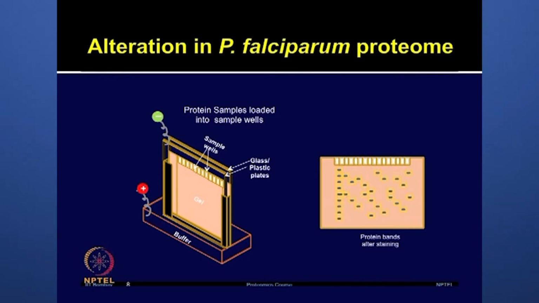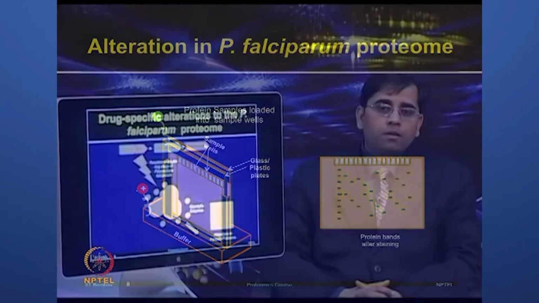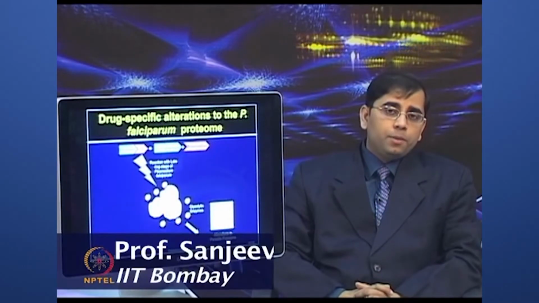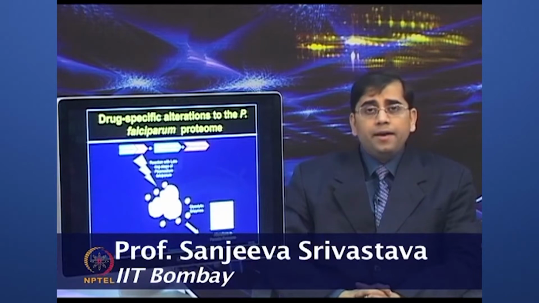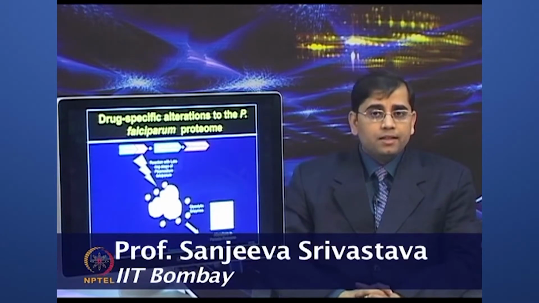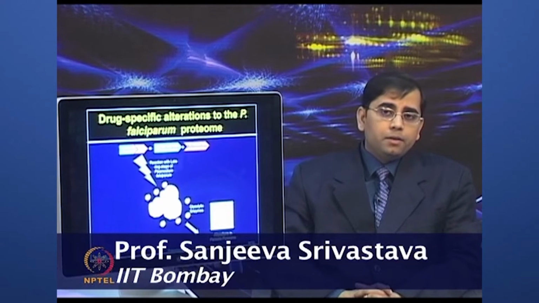After the second dimension separation based on the molecular weight, these gels were stained with silver or Coomassie brilliant blue stains. So, by employing two-dimensional electrophoresis and comparing the gel images by using the PDQuest software,